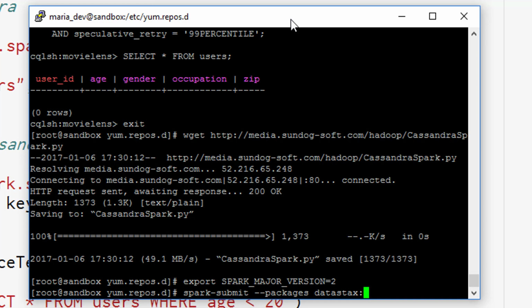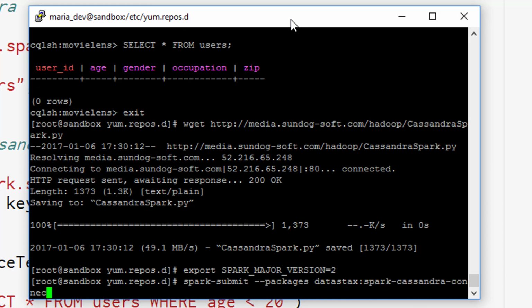datastax:spark-cassandra-connector:2.0.0-m2-s_2.11. Again, that specific package name might change in the future. This is saying that I want the version of the connector that is compatible with Spark 2.0 and Scala version 2.11. And then we can just type in the name of the script itself,